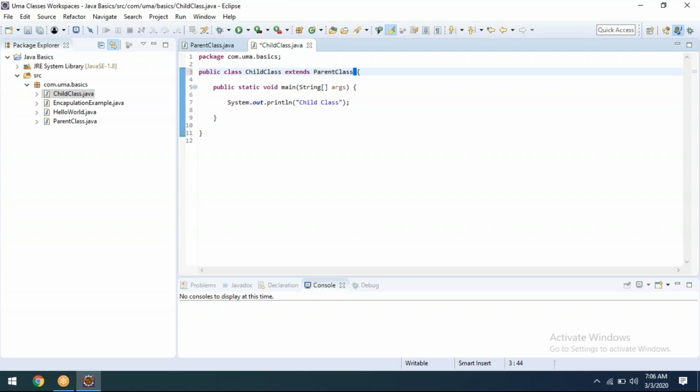Now I made a connection between two classes through extends. But which one is the child class and which one is the parent class?